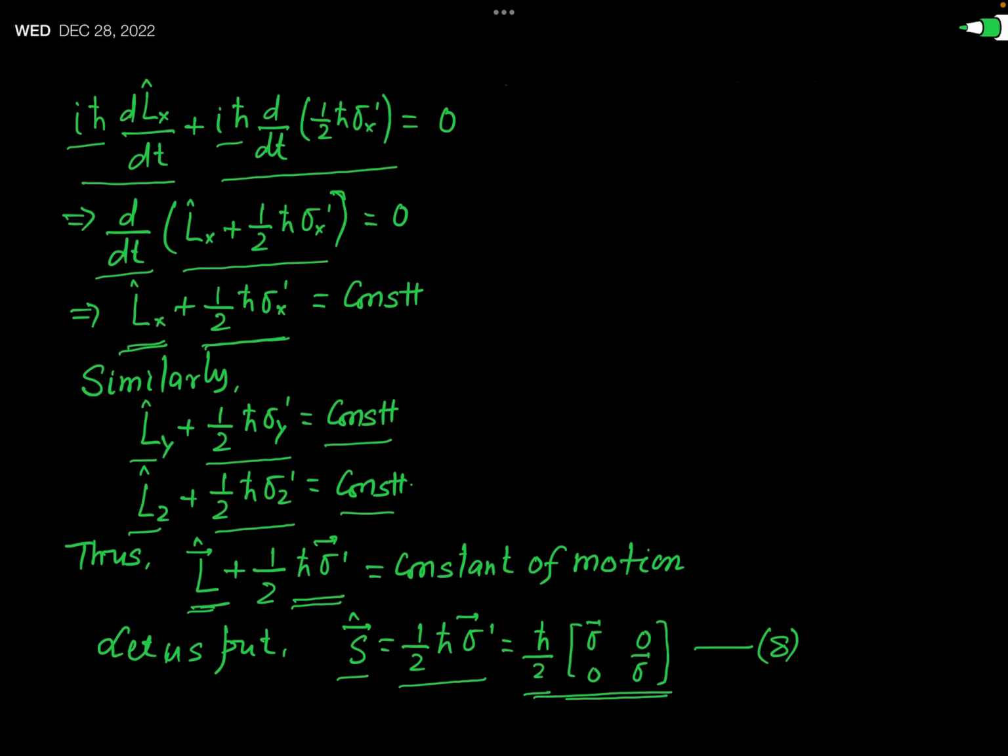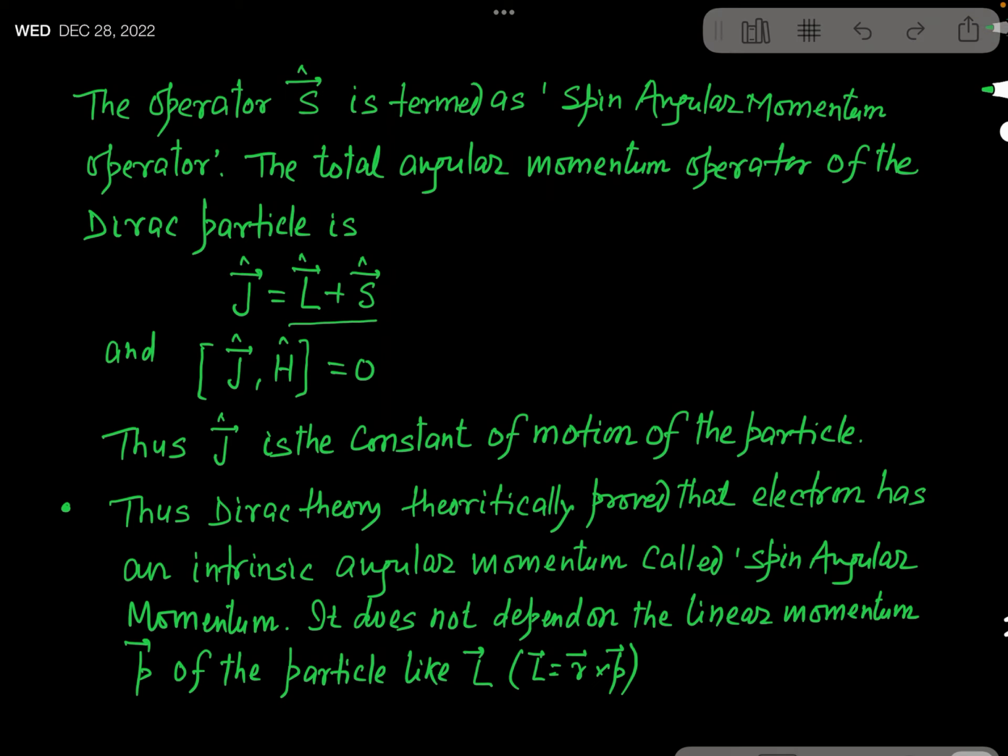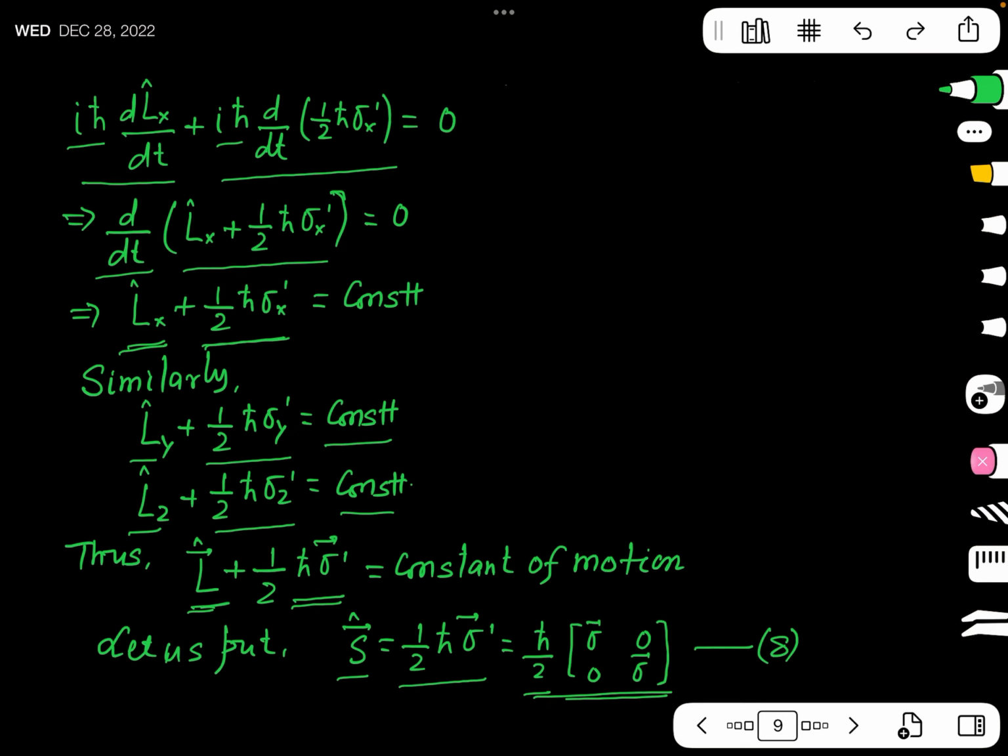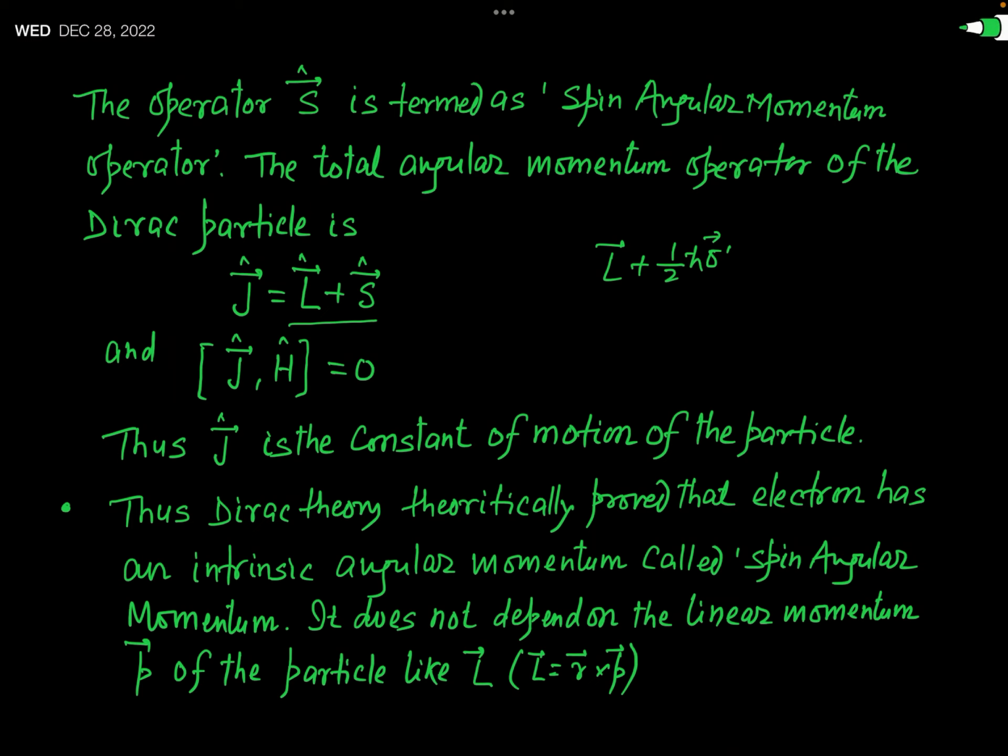In fact, this S is recognized as the spin angular momentum. This is the spin angular momentum operator, and so the total angular momentum operator will be equal to L plus Sˆ. As you have seen, this sum, L plus 1/2 ħ σ dashed,